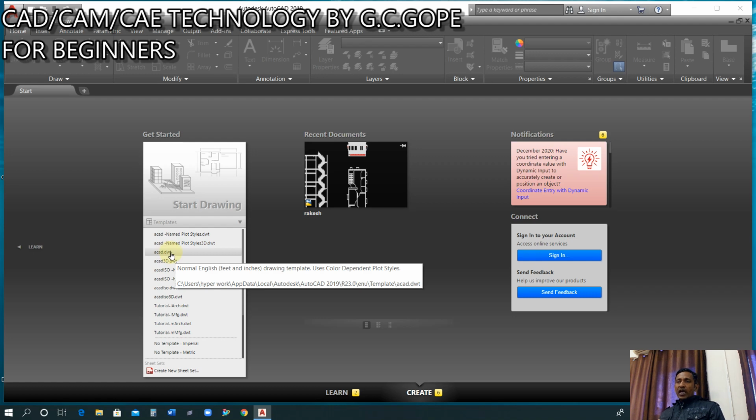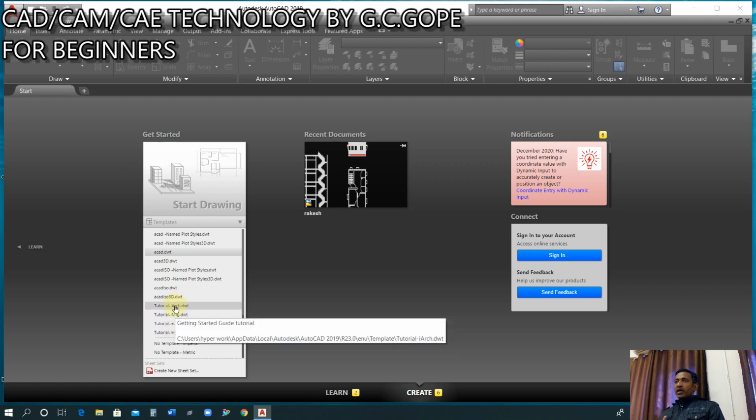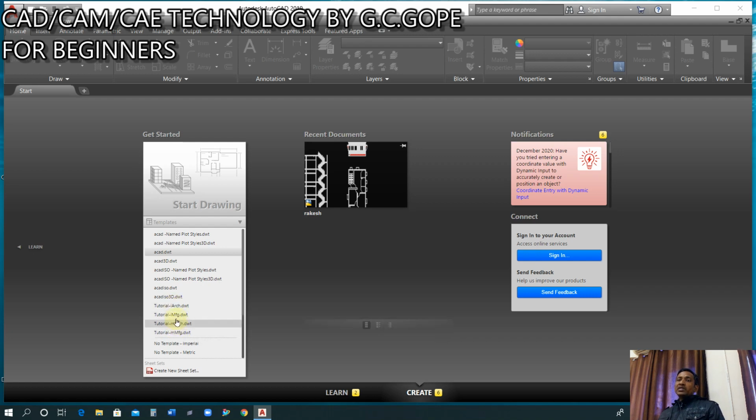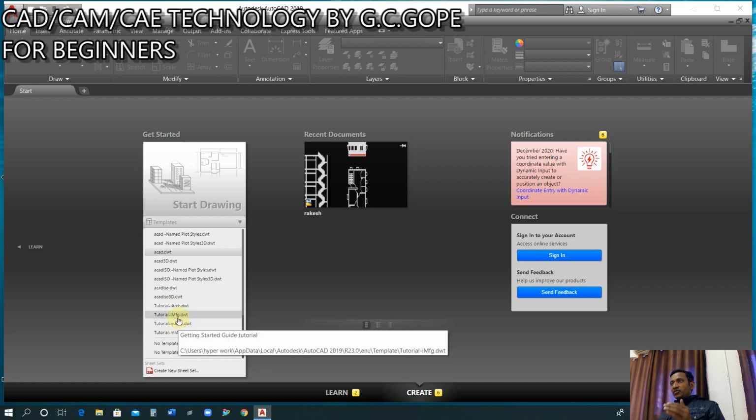here. So we have this template, we will select this one, and we have many more templates here. We will use these when we complete our project, and then after that we have to specify each and everything, like the name of the designer, approved by which designer, what was the date when they approved that design, what scaling factor they are using for that specific drawing, and many more. So we don't use these templates because, as I am saying, this video is especially for beginners who are starting to work in AutoCAD.